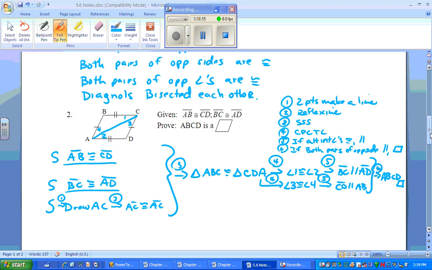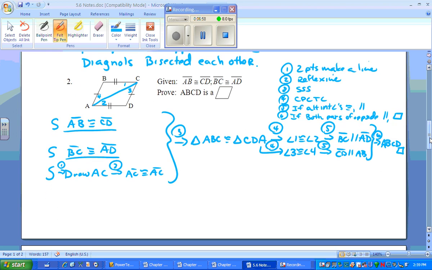So you notice that you can take the given information and you can prove it the long way because they all come back to that both pairs of opposite sides are going to be a parallelogram, and you know that by definition. You can see that. That's why the word parallelogram came from. The shorter way to do this